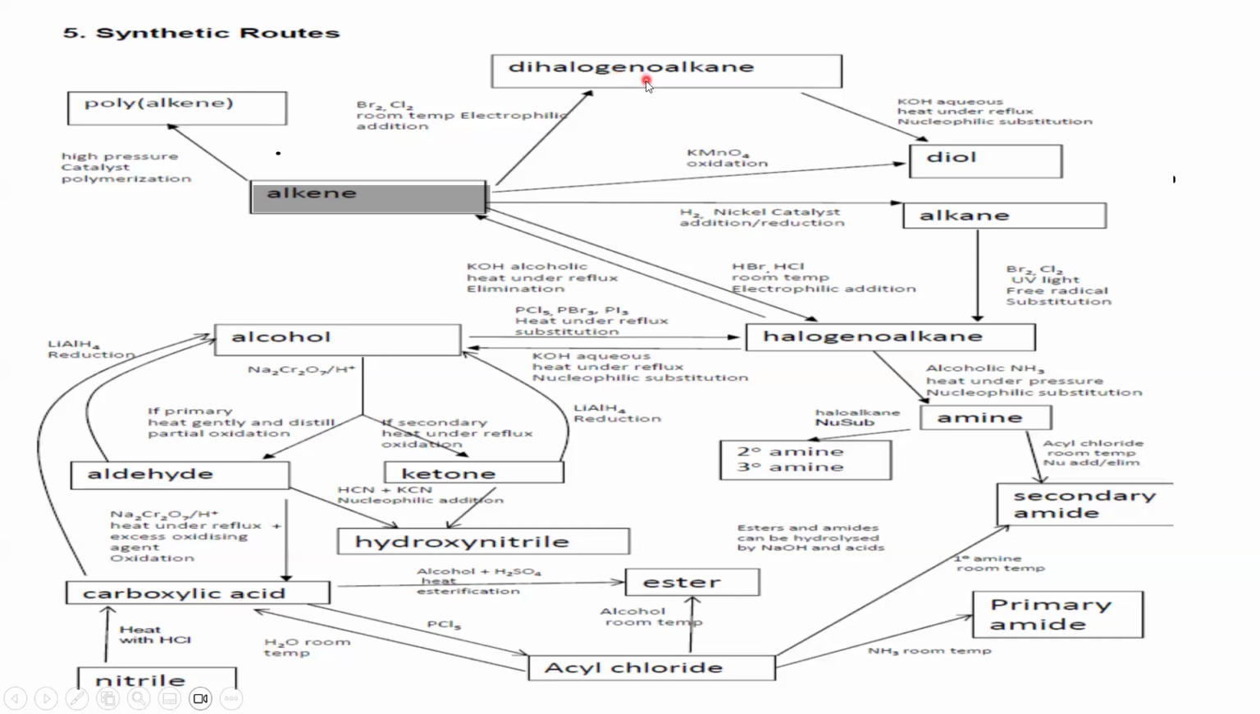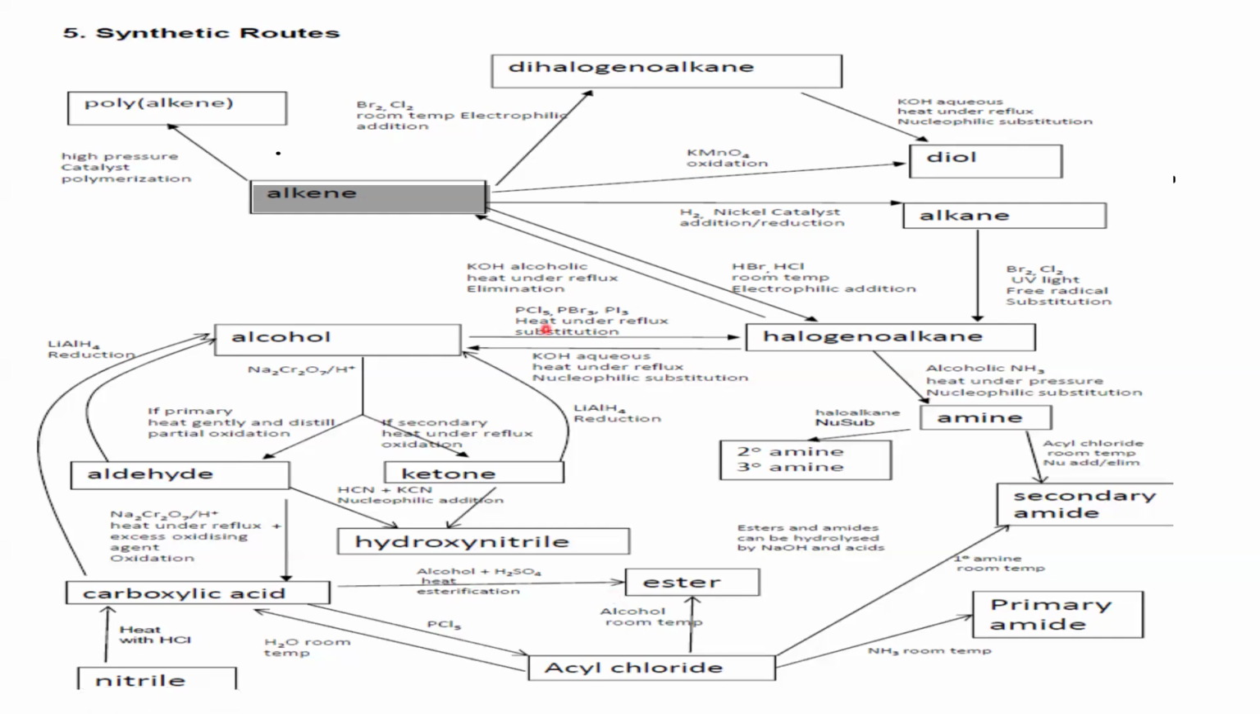Or if you have a dihalogenoalkane and you use aqueous potassium hydroxide, heat under reflux, then you will have a nucleophilic substitution reaction, also known as the SN reaction. This will also form a diol. Or you have an alkene and you react it with hydrogen in the presence of nickel as a catalyst, so an addition reaction will occur. We can also say reduction, because it's an addition of hydrogen. So that results in the formation of